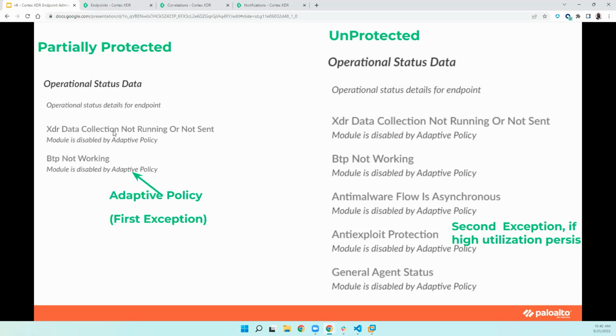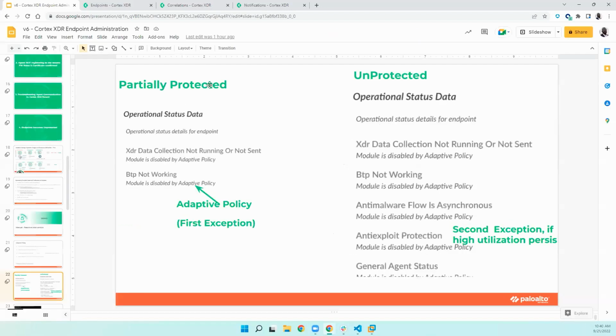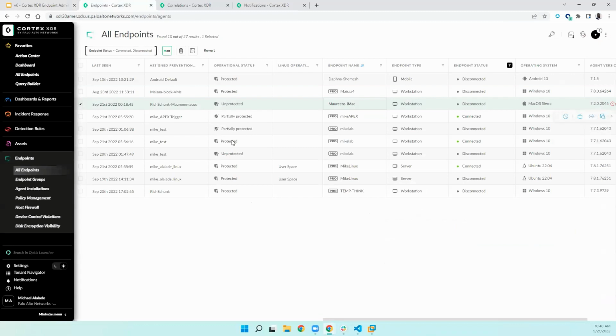So you can see that data collection is disabled by adaptive policy, and the module is also disabled by adaptive policy. And also, when it is completely unprotected, you can see that after the issue persists, the second exception is done, and then you can see that all the other components have been disabled. Of course, you can immediately go into